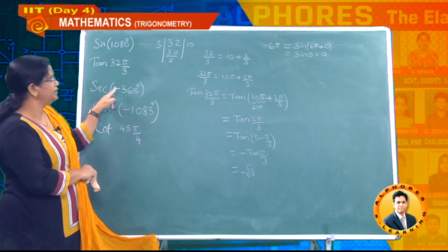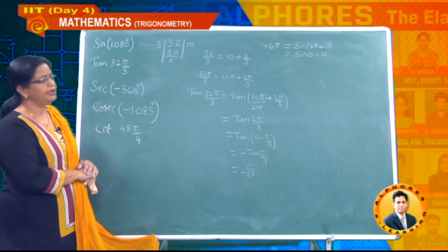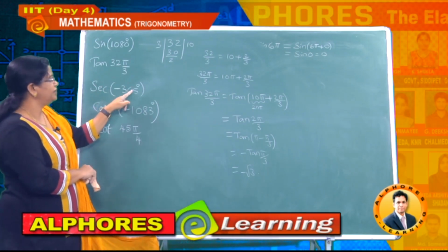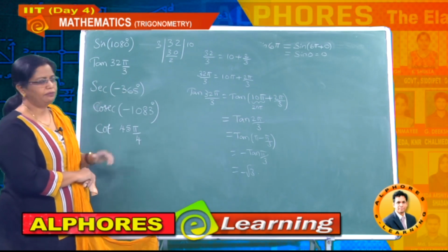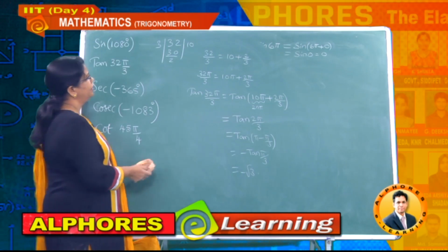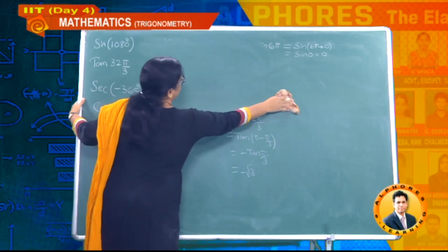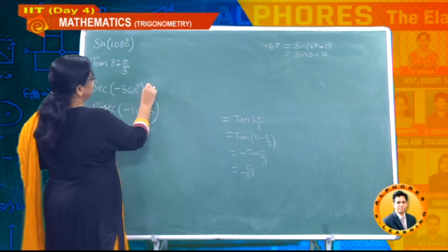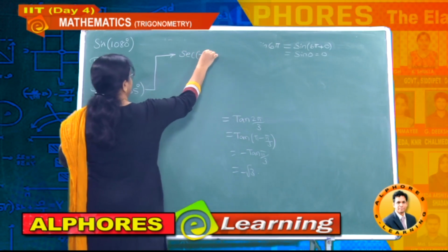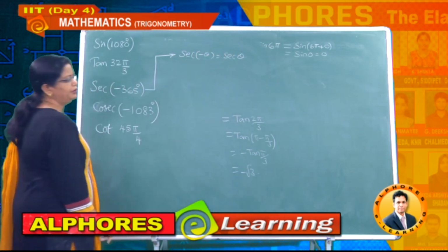Whenever these minus symbols are coming extra, first you have to make use of the formula secant of minus theta before you split this one as 360 plus 5. So first it is the secant of minus theta formula we have to calculate. What is secant of minus theta? The secant of minus theta is nothing but how much here? Secant theta. Just now we observed this is secant theta because it is falling in fourth quadrant.